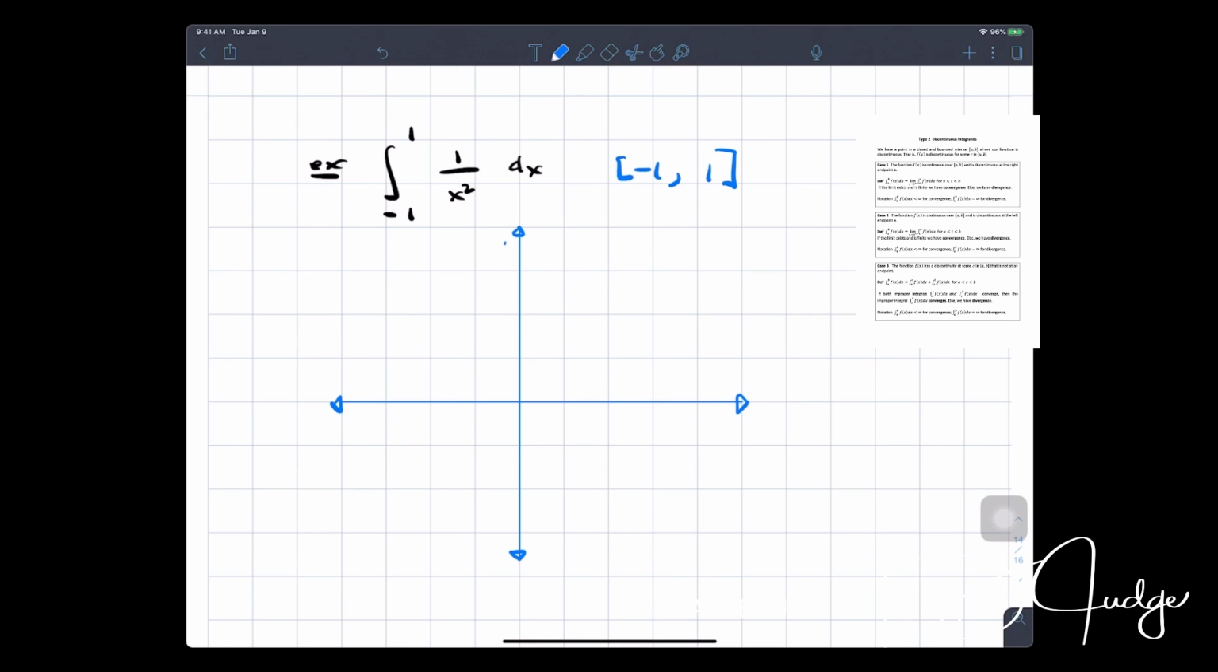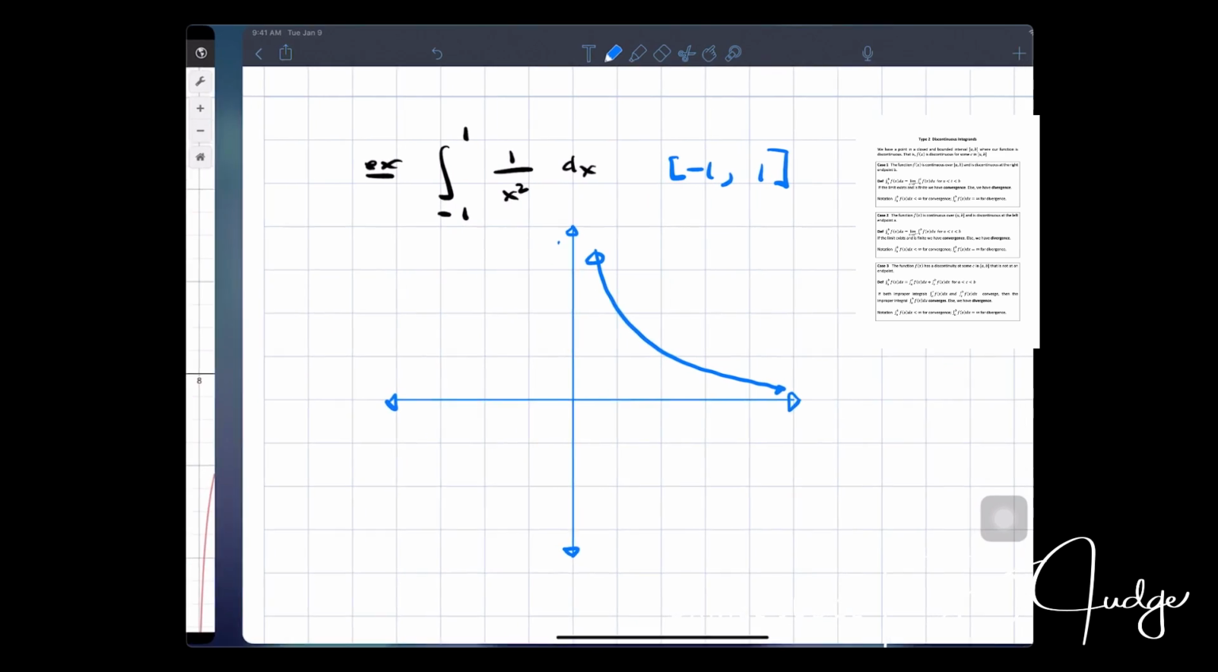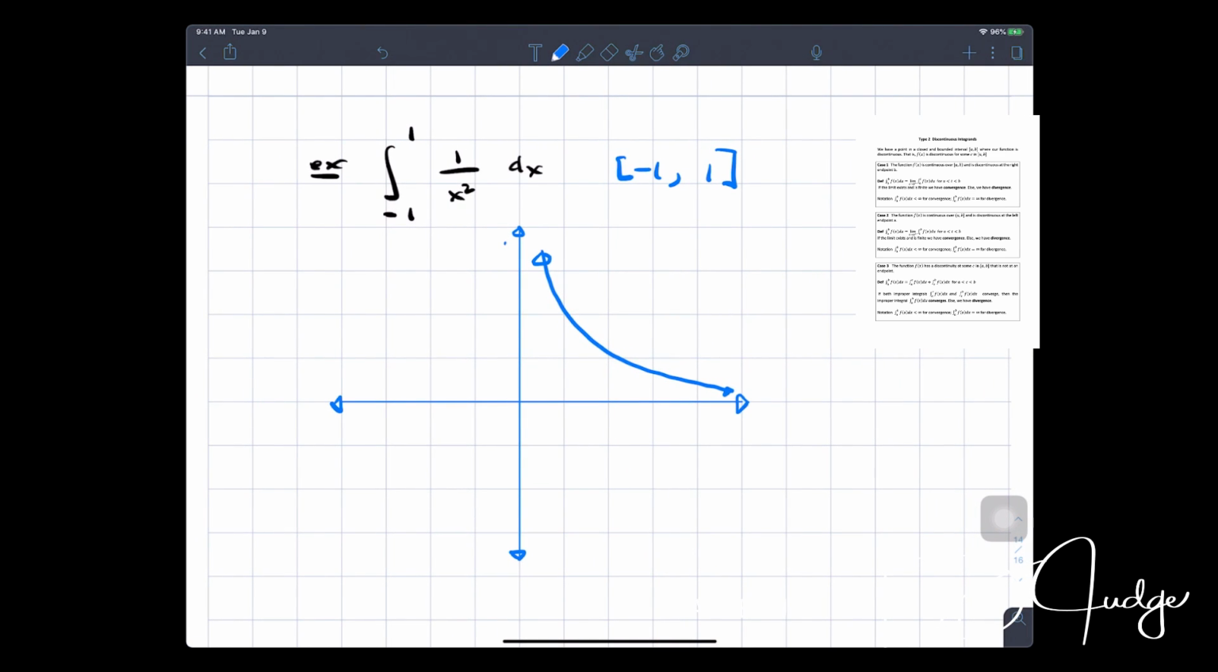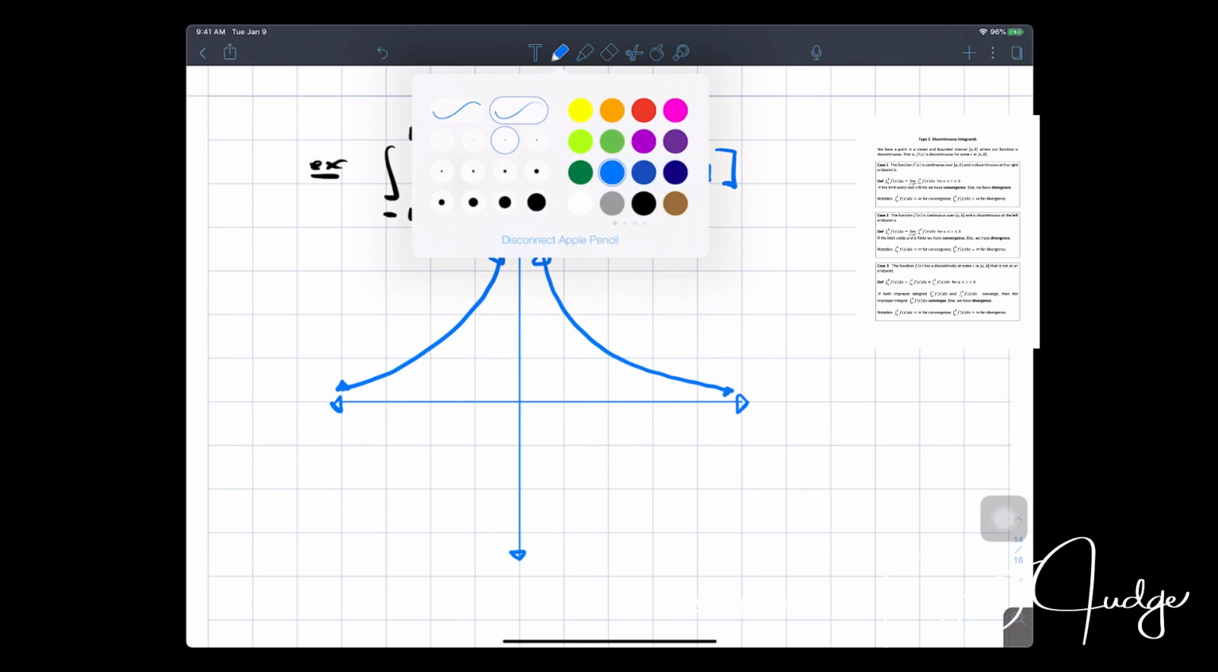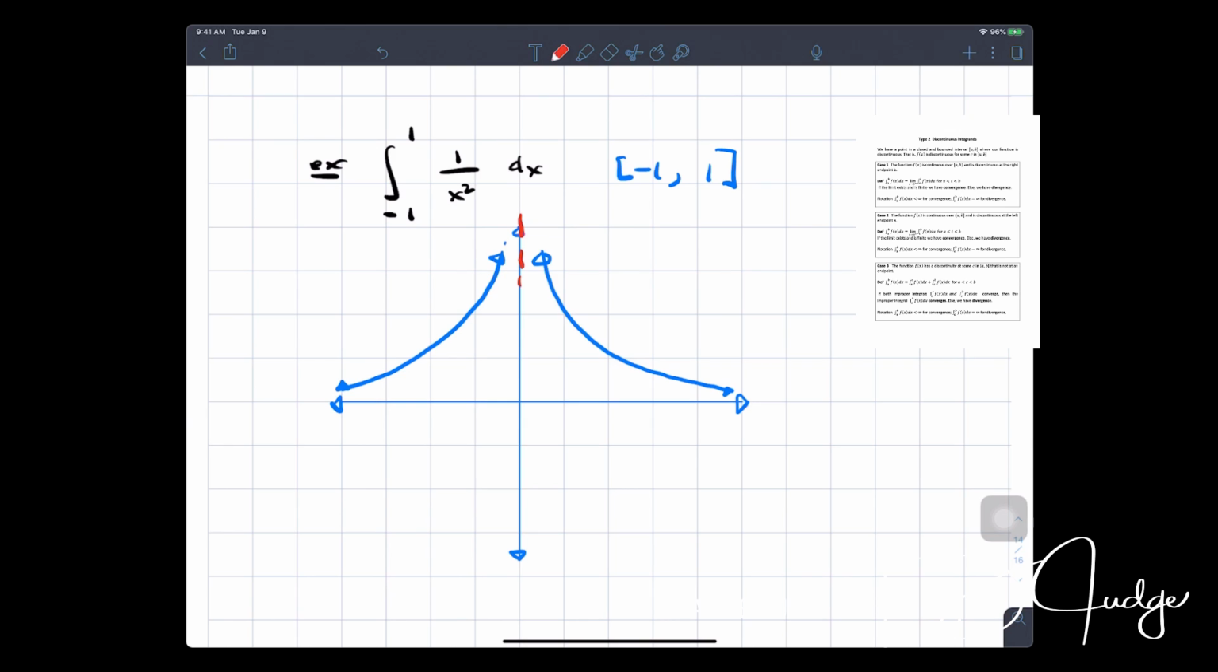This curve looks something like this. Okay, and if you guys recall here, you got something happening at 0 here. This is where x is 0, by the way, a vertical asymptote. And so the original question is, okay, if we go from -1 to +1,